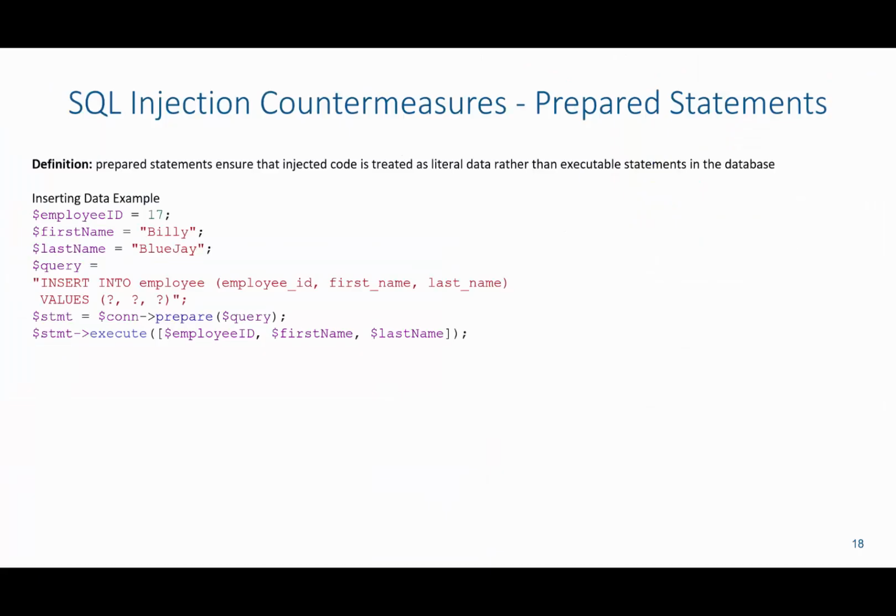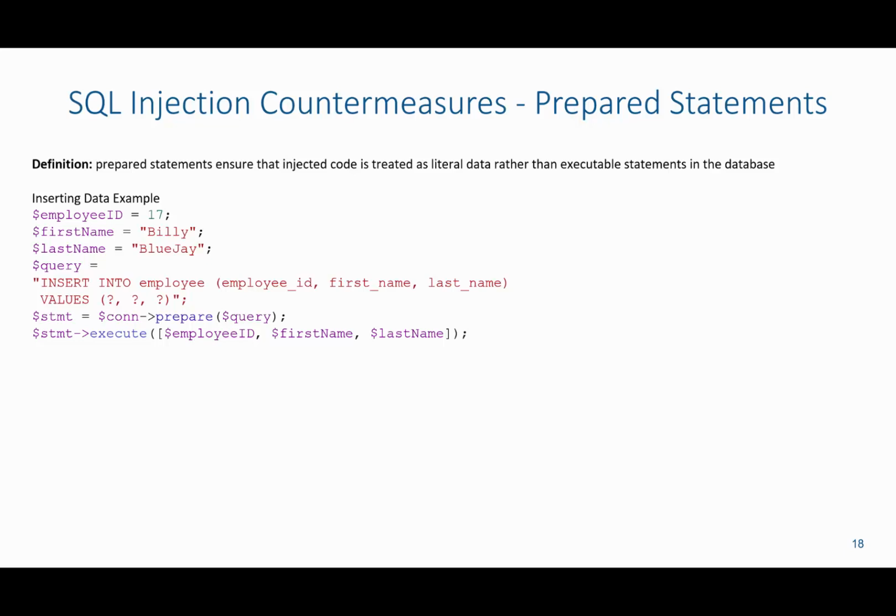So how do you protect against SQL injections? Some of the countermeasures are prepared statements. With prepared statements, basically what we're going to do is store all the form entry pieces into variables. So for example, let's say we had a form where the user had to type in an employee ID, a first name, and a last name. We're going to store these in variables. So employee ID is equal to 17, first name is equal to Billy,